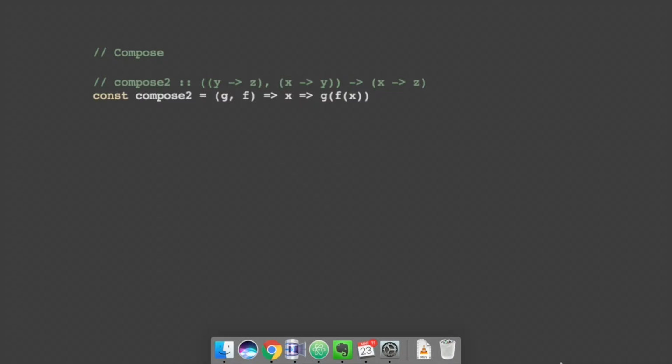And in this case, what this does is you give it a function g and a function f, and it returns a new function. If you look at x, arrow, whatever, the result is a function. And all it does is it calls f with the argument x first, and then g after that. So the result of f goes into g. This is pretty simple. Basically, we're calling the functions from right to left, passing in the value. Whatever comes out of the function goes into the next one.